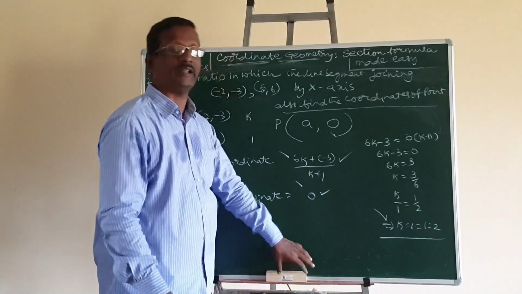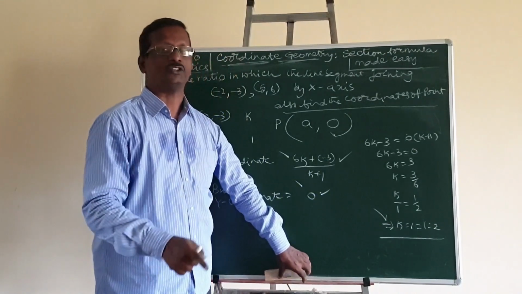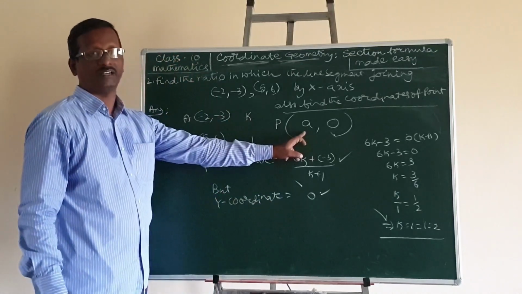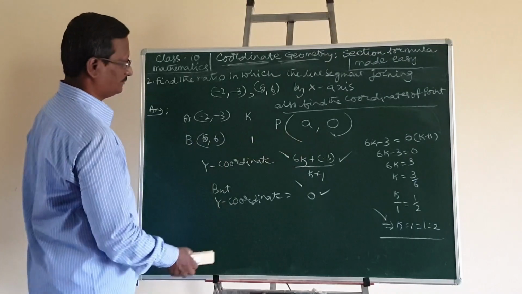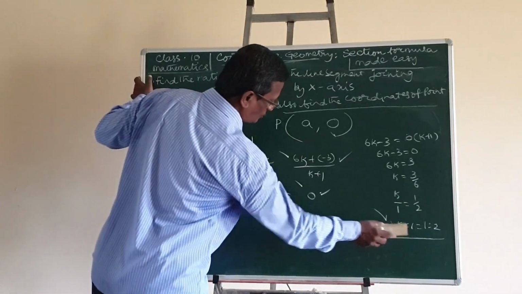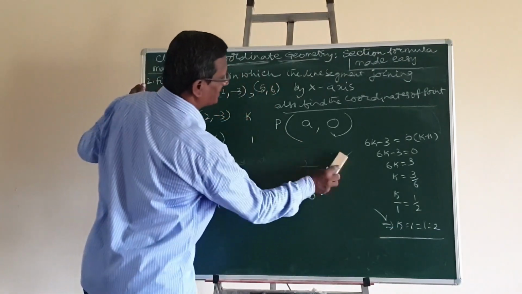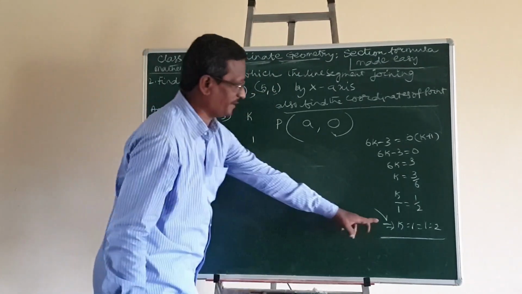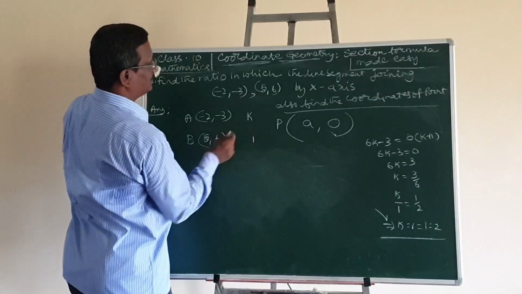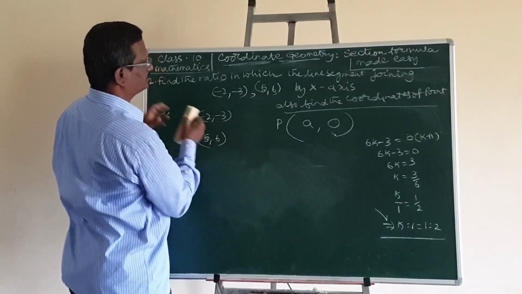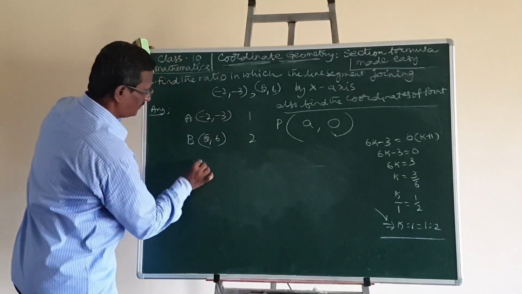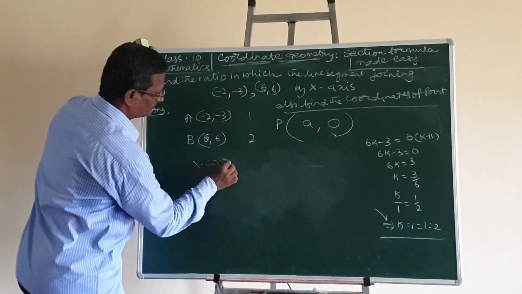So we are successful in getting the ratio, and the same ratio we will apply and we will find the x coordinates. There we will get the value of a. See, now the k is to 1 ratio is ready. So I will erase this. So k is to 1 is equal to 1 is to 2. Means in terms of 1 is to 2, I will find the x coordinates.